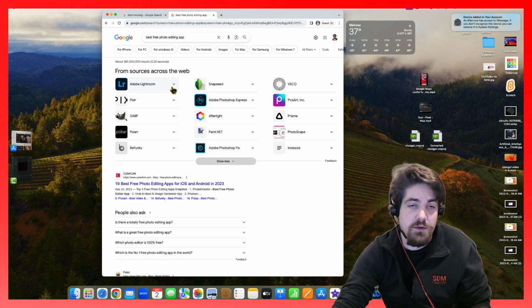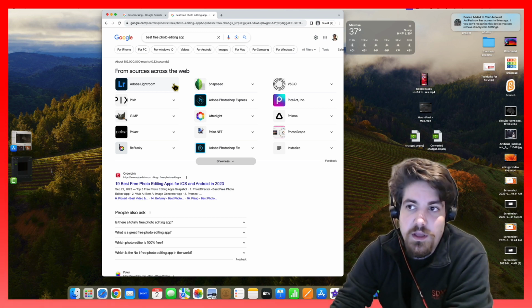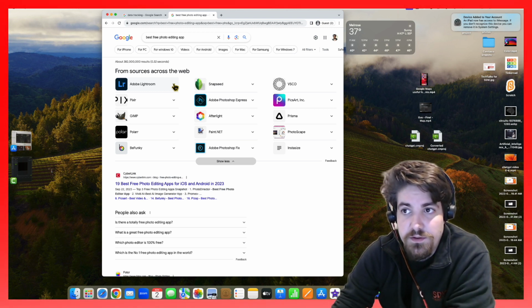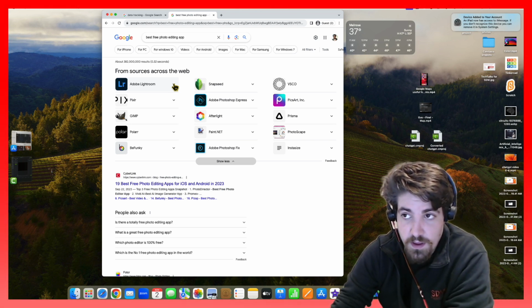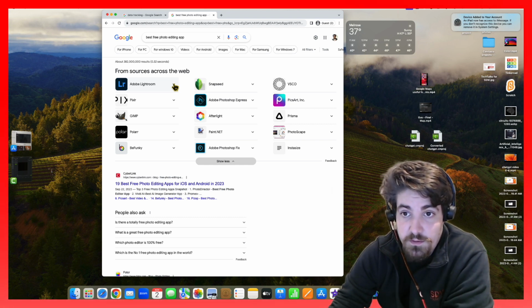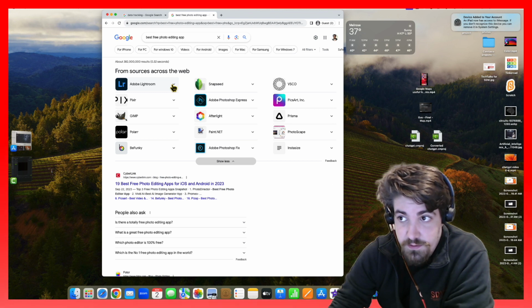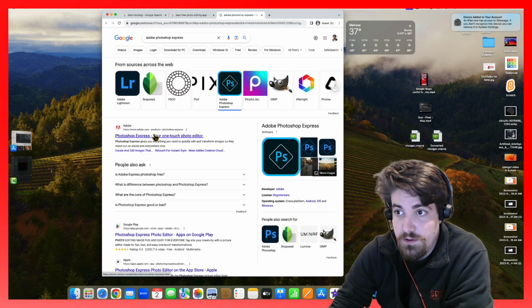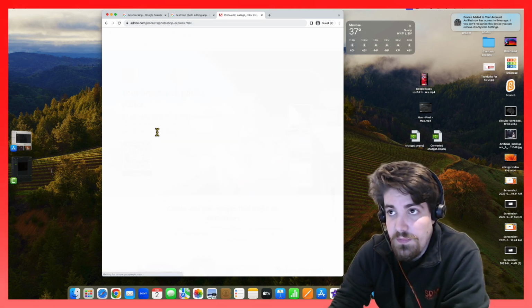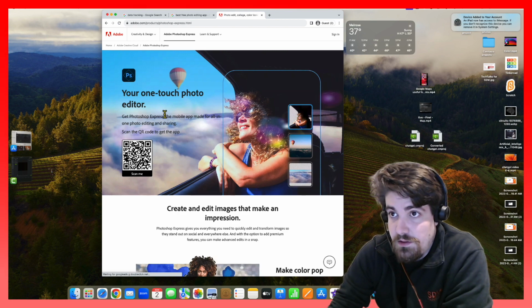So this is one way that companies still see you as a potential consumer, even if they're giving you something for free. Sticking with this same example, Adobe would also want you to create an account. If we were to try and get Adobe Photoshop Express,